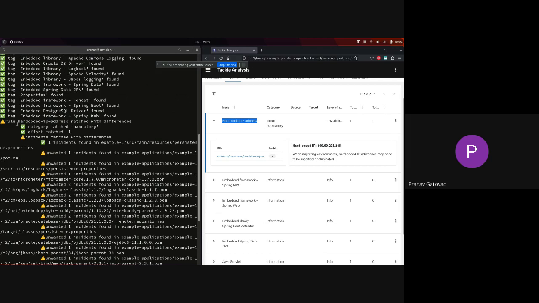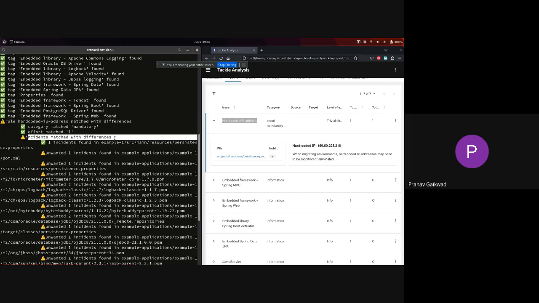And the exact same rule is matched by analyzers as well. It's getting you the effort and everything, but it's giving you more incidents, because it's actually going through. Actually, there are two issues with the rule here. Until yesterday, we did not have the ability to scope down searches using a list of files. So we want that rule to have that scope of files